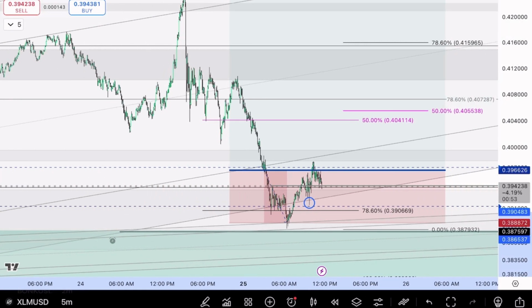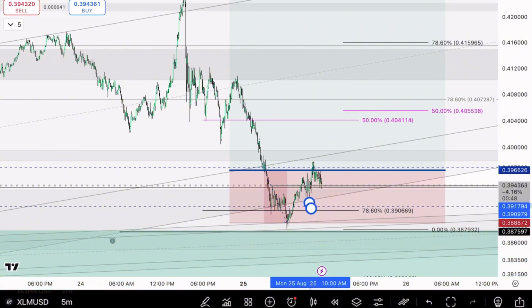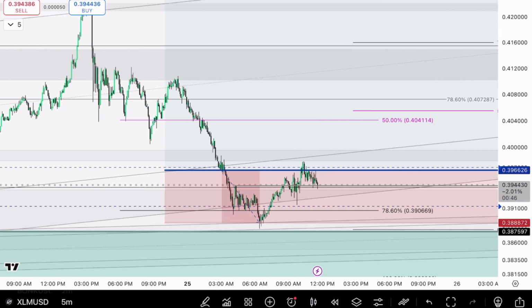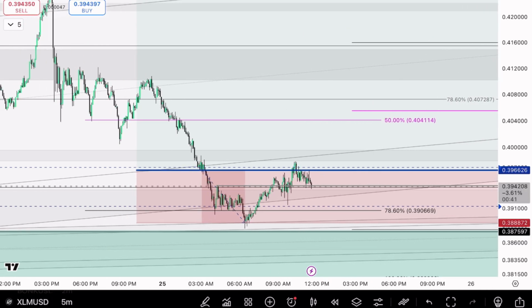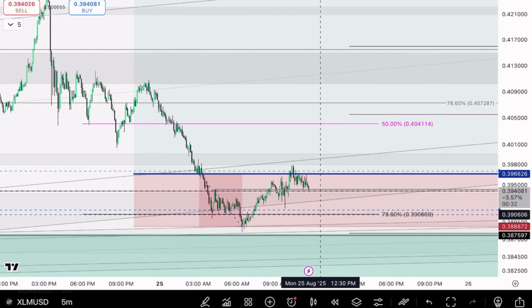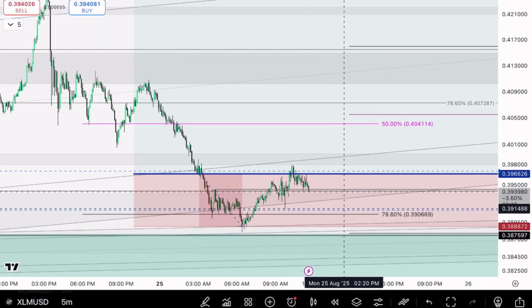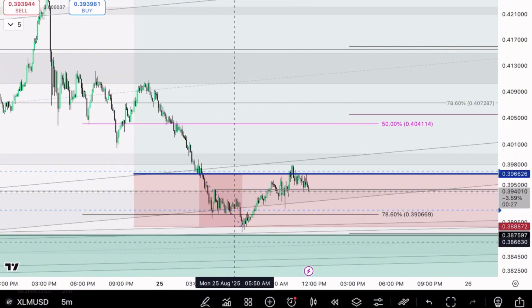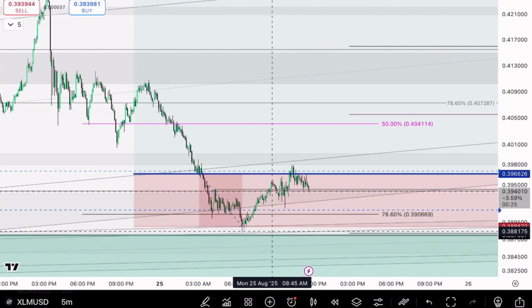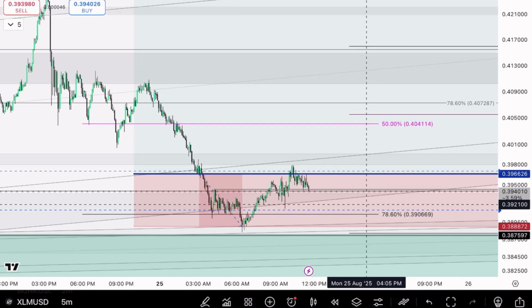All right, so I'm just going to let it do its thing, let the alerts go off whenever they choose to, and walk away from this. I'm already in. If I wasn't in, I would let this come back down to hit this alert and see what it does down here. Is it going to make some type of bounce? Is it going to make a double bottom with this one? Is it going to liquidate this one and then try to go back up? I would have done that, but I'm already in.